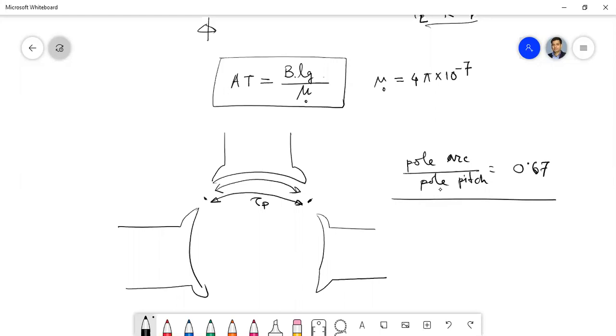Actually, the transformer which we have discussed in this class is basically called a two winding transformer. Auto transformer is called the single winding transformer. It has only one winding. A part of the winding will be used as a primary, and a part of the winding will be used as a secondary. Auto transformer can be used for both step up and step down. But don't confuse it with the potential divider, because a potential divider also gives you a similar thing.